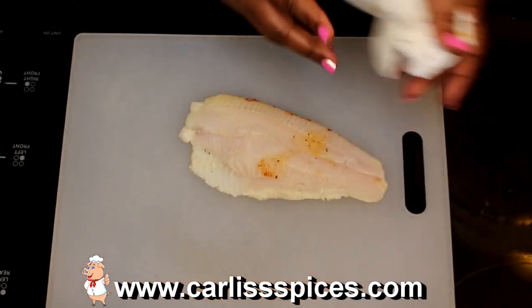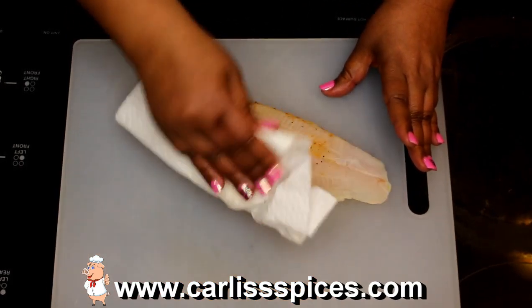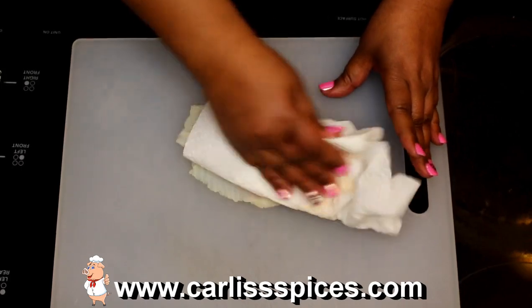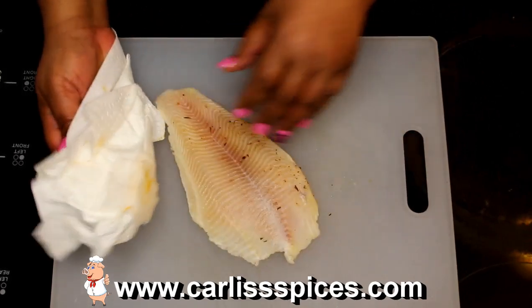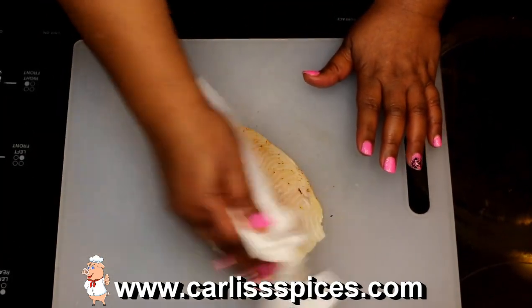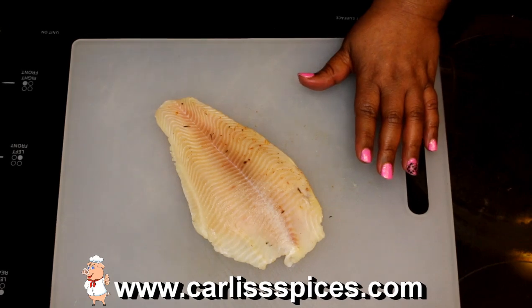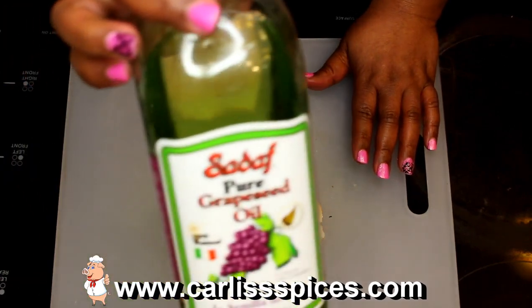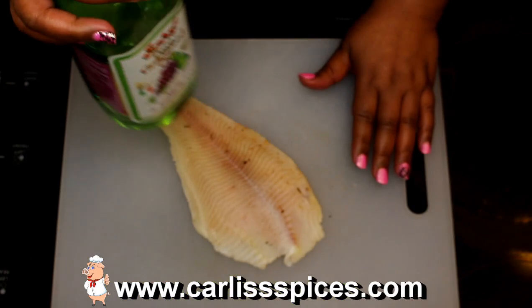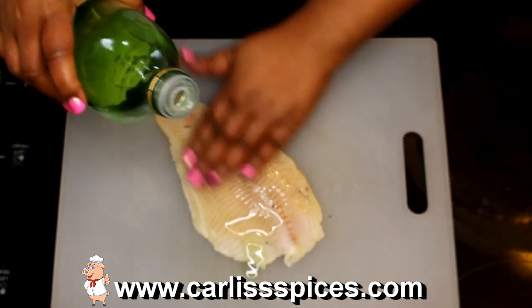So I have some catfish fillets here, and the only thing you want to do is rinse them off good, okay? And then pat it dry. And what you see on here is some seasoning that I had already done the other ones with. Then you're going to take your olive oil or grapeseed oil. I happen to have grapeseed oil, so that's what I'm using. I'm just going to put some on here,